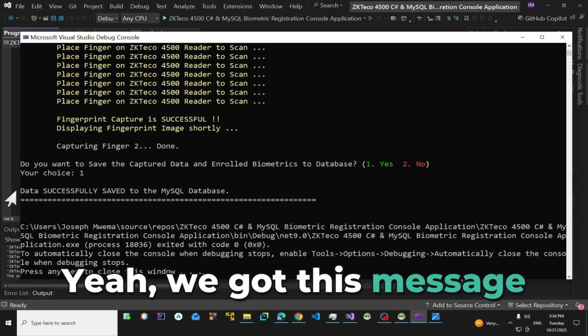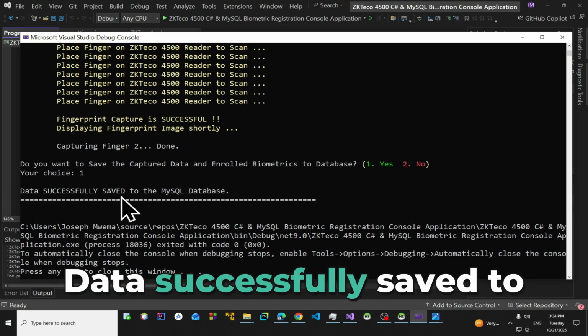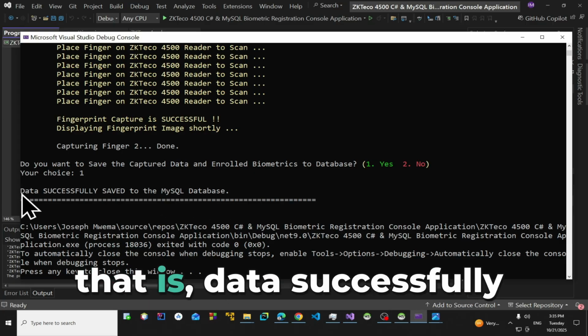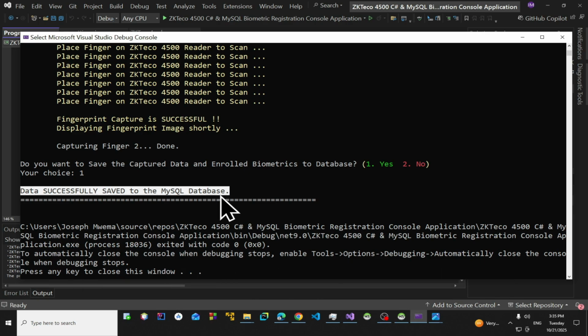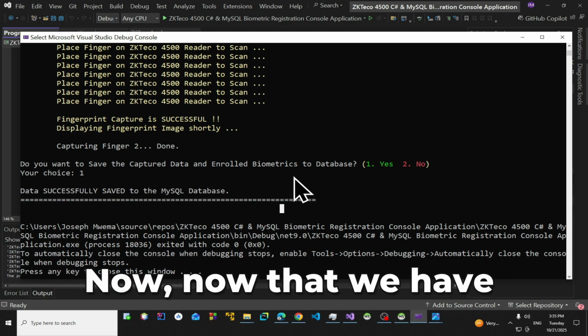Yeah, we got this message here. Data successfully saved to the MySQL database. That is, data successfully saved to MySQL database. Now